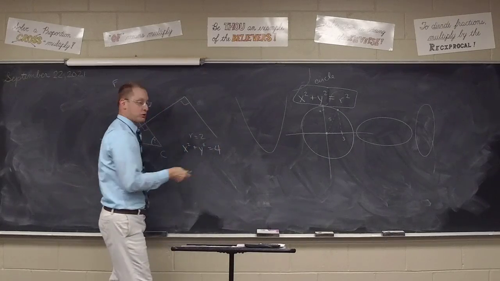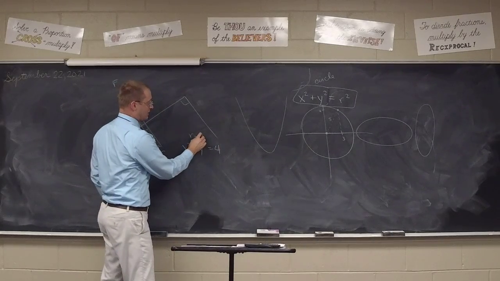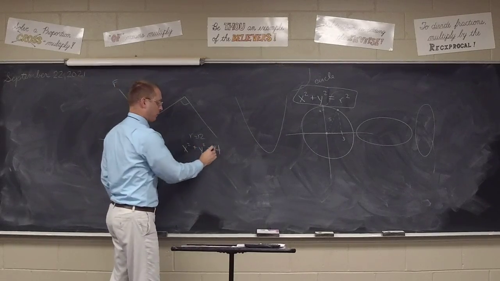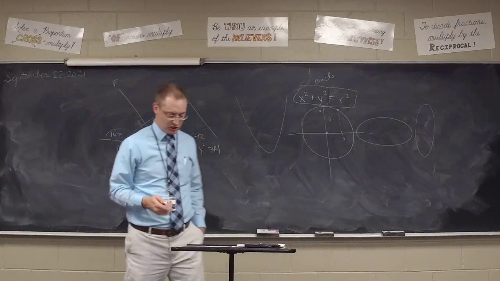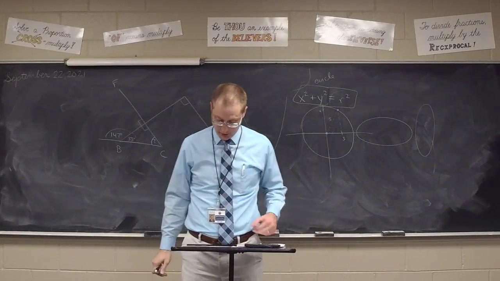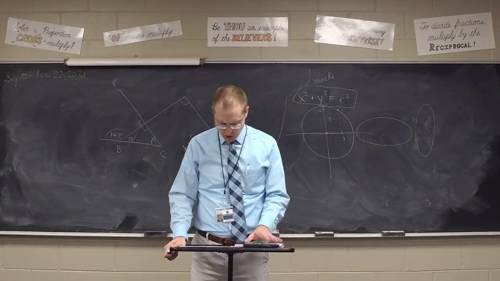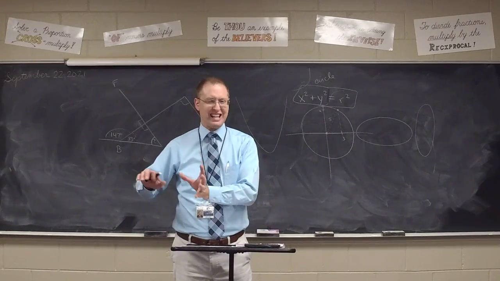X squared plus y squared equals 4, right? If it were a radius of 12, it would be x squared plus y squared equals 144. Make sense? So just a little something to tuck away there in case you see that circle. Now again, that assumes it's centered at the origin, but again, we'll get into all kinds of interesting stuff we